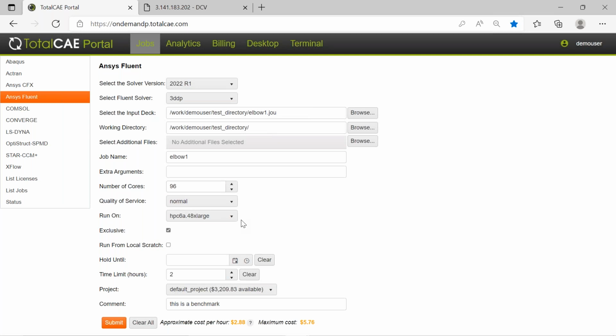I'm going to choose the Hpc6a 48 extra large instances. These are the AMD instances that Rick will talk about in a little bit that Accelerate Win is running on. And then I set a little time limit to make sure, maybe the solution doesn't converge, has some kind of issue, I want to be able to cap the costs. So the most this simulation could cost me is $5.76. And it gives me the approximate rate, so I have an idea of how much the simulation may cost me. And I push the button,